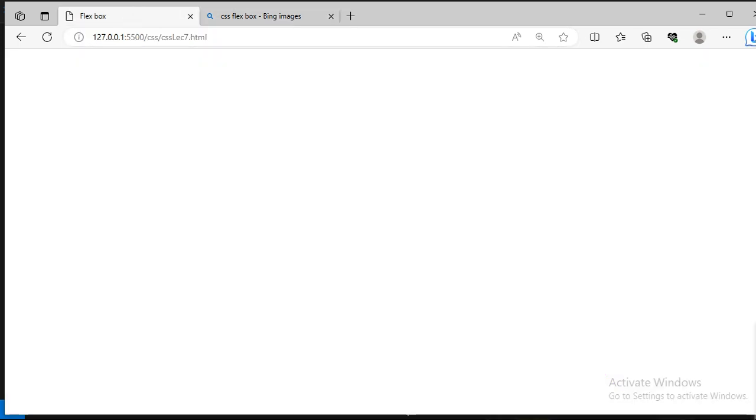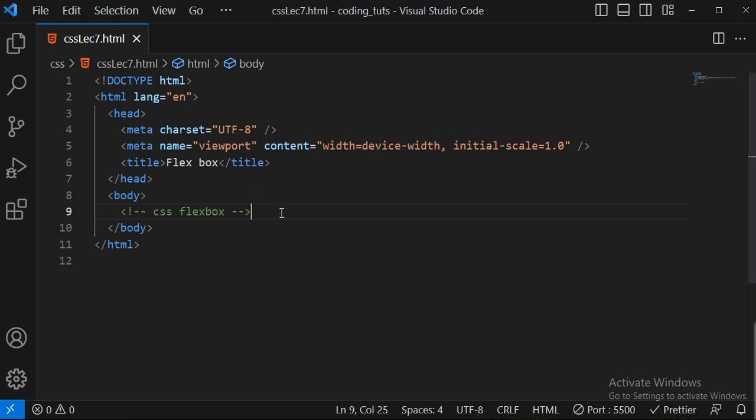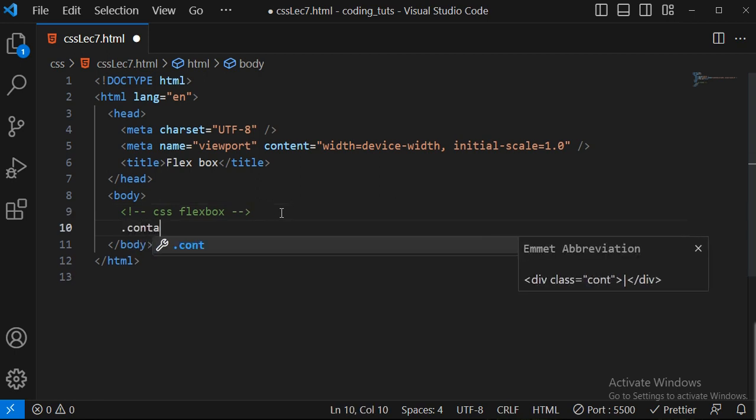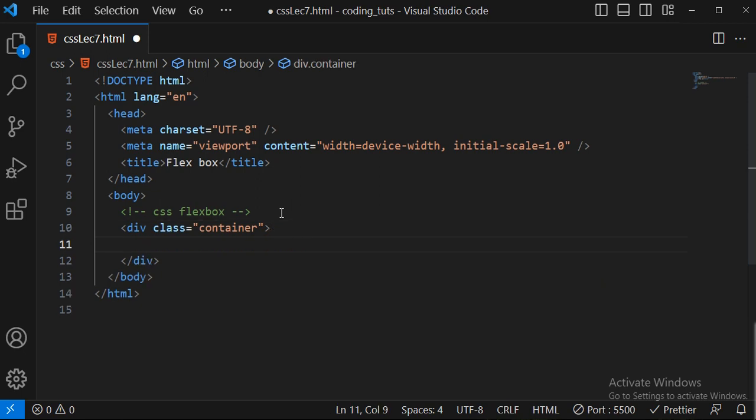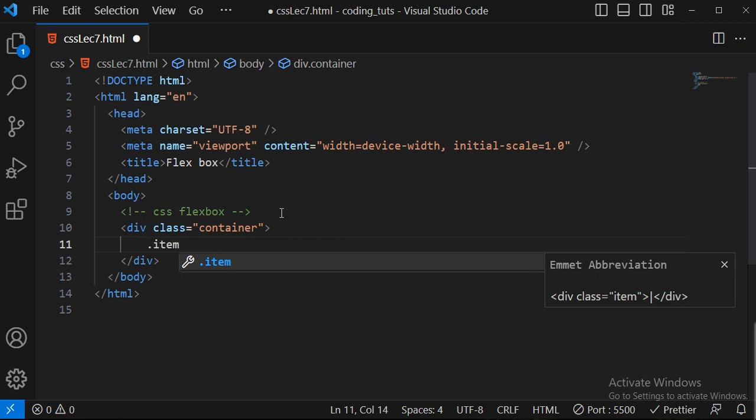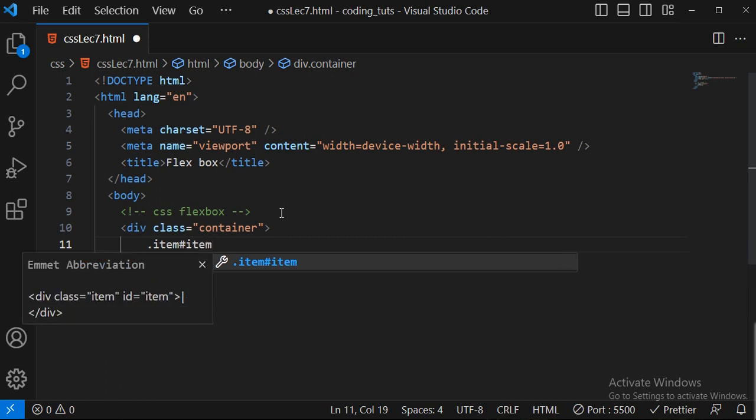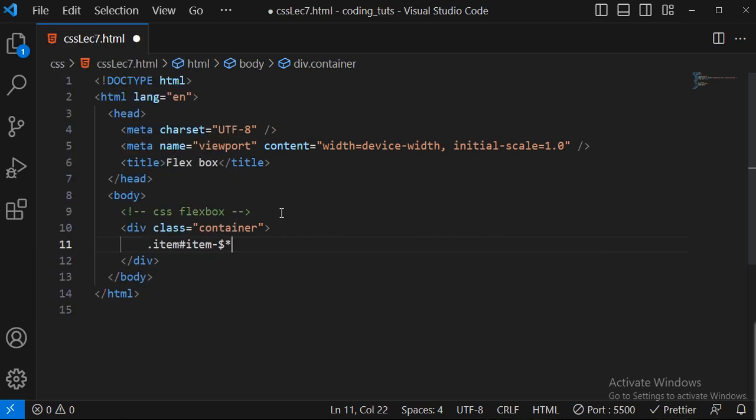So let me come here and write some code over it so that you can understand things. What is a Flexbox? I just write something called a container. Here I write dot container. Inside this container, I write dot item. We already have seen all the Emmet abbreviations, so I'm hoping that you don't have any problem if I'm writing like this. Alright. So inside this I write